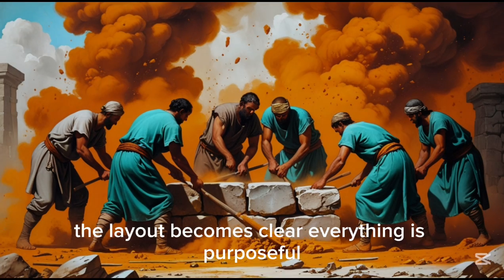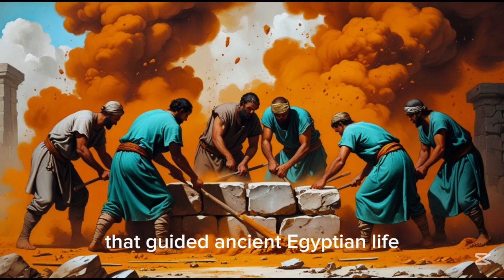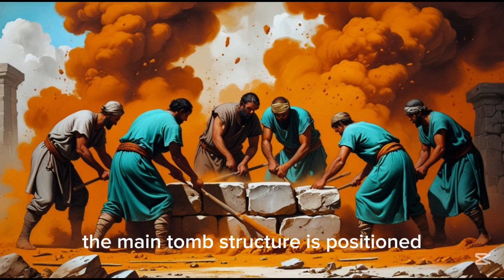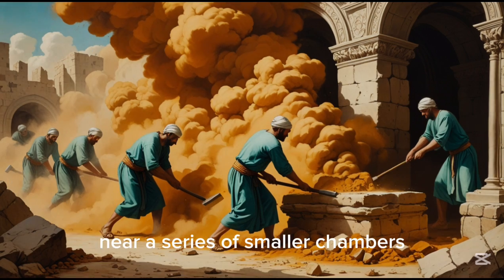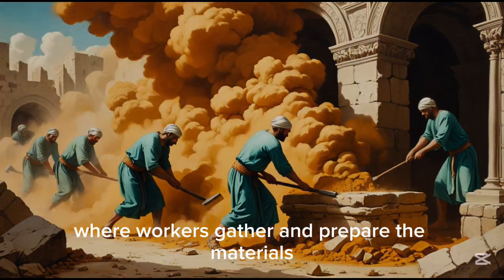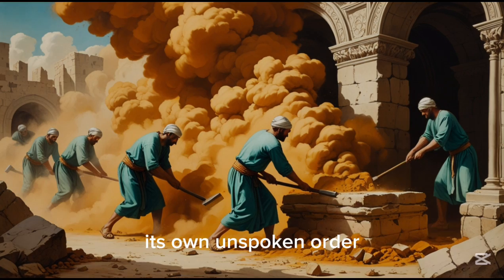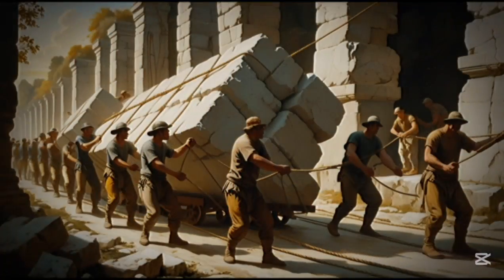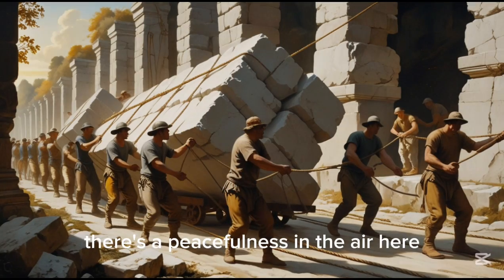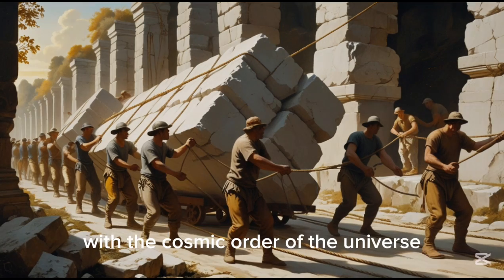Everything is purposeful. Everything is aligned with the divine principles that guided ancient Egyptian life. The main tomb structure is positioned near a series of smaller chambers, where workers gather and prepare the materials. Each section of the site seems to have its own rhythm, its own unspoken order, creating an atmosphere of quiet efficiency. There's a peacefulness in the air here, as though every element of the site is harmonized with the cosmic